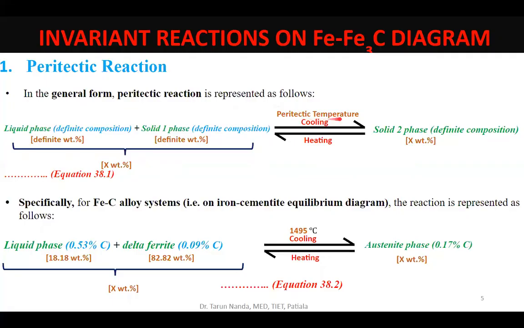So when you reach the peritectic temperature of that materials system, these 2 phases would be present: a liquid phase of some definite composition, a solid phase of some definite composition, and these 2 would react in some definite weight ratio depending upon the material system in which the discussion is being done, and these 2 will combine at the peritectic temperature through the peritectic reaction, and they'll give rise to a new solid phase, which I am here referring to as solid 2. Again, this would also be of definite composition, and its weight would be the total weight of the 2 phases which actually have participated in the reaction,